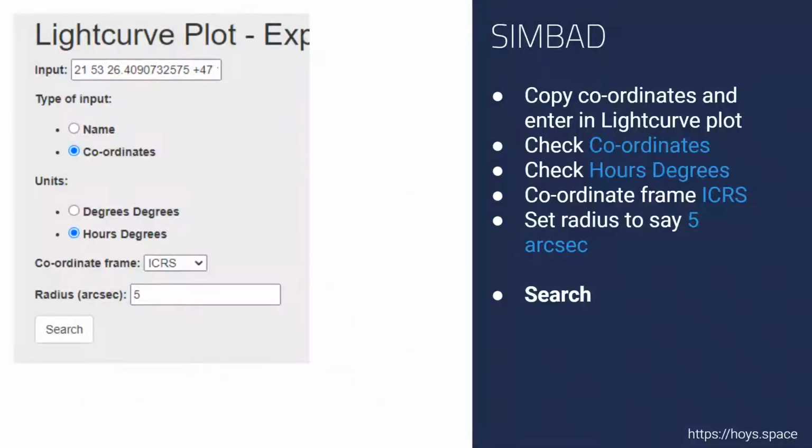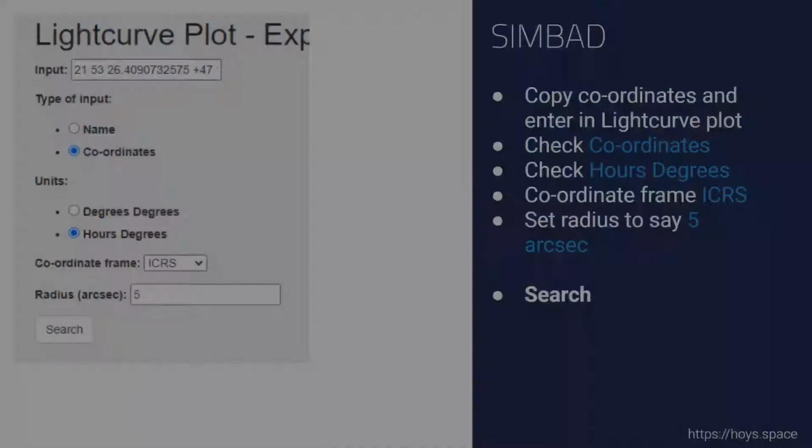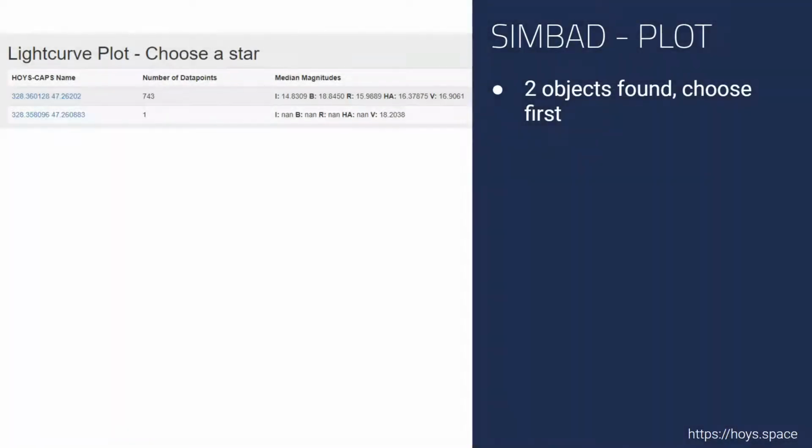So we'll copy the coordinates out of Simbad and paste it into the input. We'll check the type of input as coordinates. We'll choose the units as hours and degrees because it's right ascension and declination. And the coordinate frame we're showing as ICRS. And again we'll set a radius of 5 arc seconds. And then click on search. So 2 objects found, and the first one shows the most number of data points, so that's the object we want to look at. So click on that,